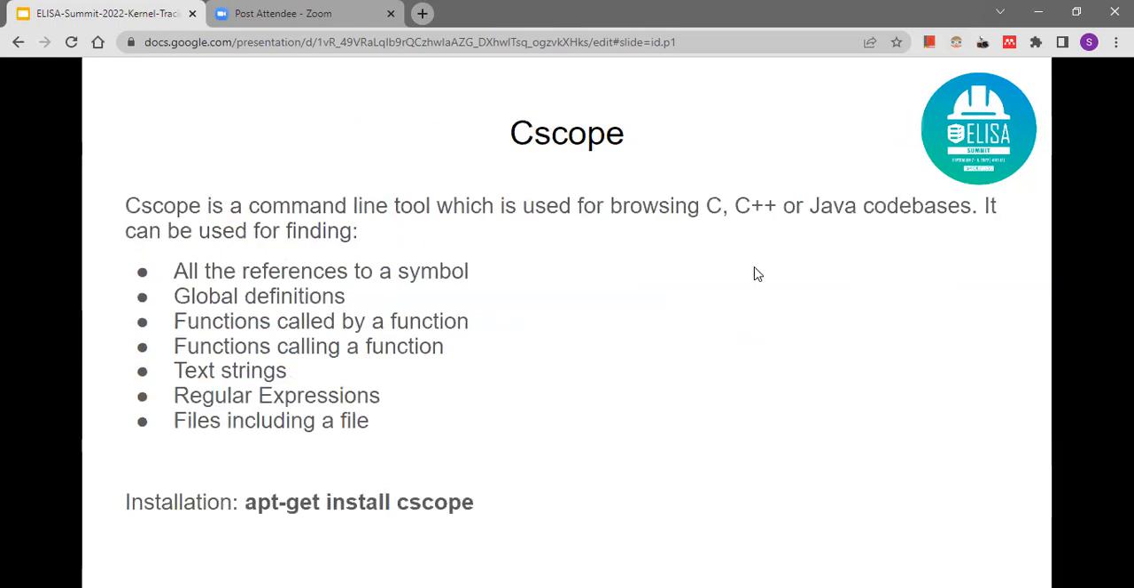So the next tool that I will be discussing is Cscope. Cscope is a command line tool which is used for browsing C, C++, or Java code bases. It can be used for finding all the references to a symbol, global definitions, functions called by a function, functions calling a function, text strings, regular expressions, and files including a file. Overall, it is a very useful tool for understanding a code base, for understanding the flow of execution of various